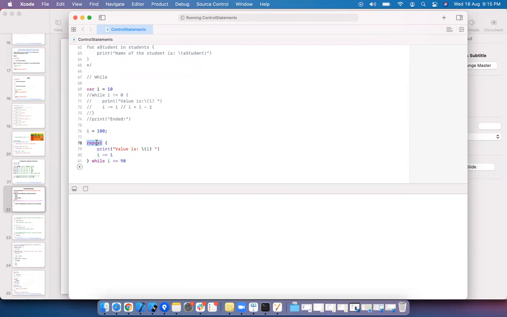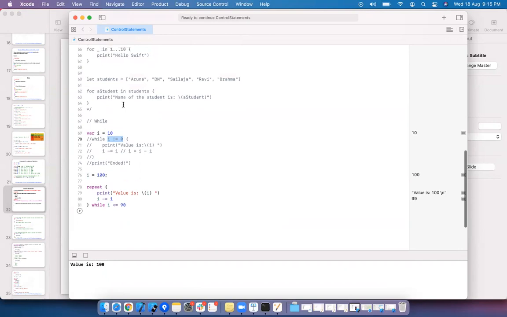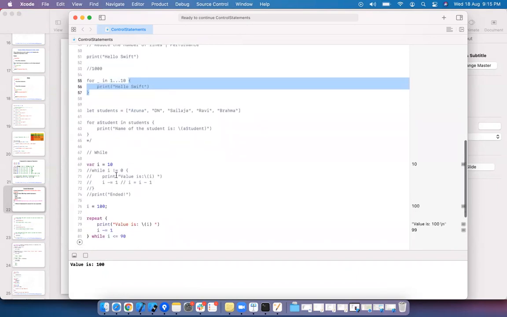We will see some real-time conditions on when to use repeat while and for. The difference between for and while is that in while we don't know how many times the condition becomes true. We'll see a real-time example when we deal with a database. In for, the number of times to be executed is specified. Now we are putting a static condition, so we know that it will be executed 10 times.